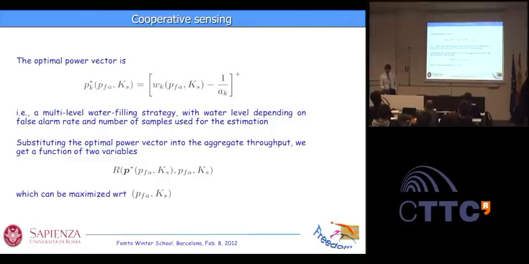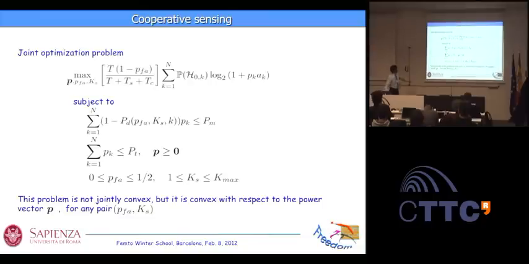To find this expression, we impose the KKT, the Karush-Kuhn-Tucker conditions. So at that point, you express the optimal power vector in this way, but somehow hidden in this expression, there are all the Lagrange multipliers. Okay. So what we do is the following. We say, okay, the expression is like this. And remember that there are Lagrange multipliers, and we know that the way to find those Lagrange multipliers is to impose the constraints. Right? So the constraints will be like this.